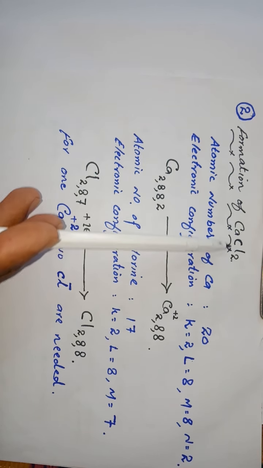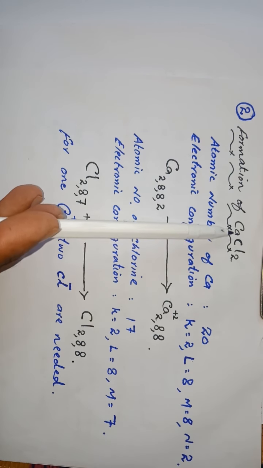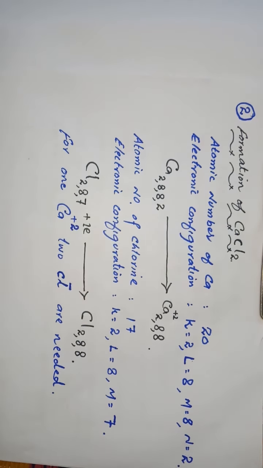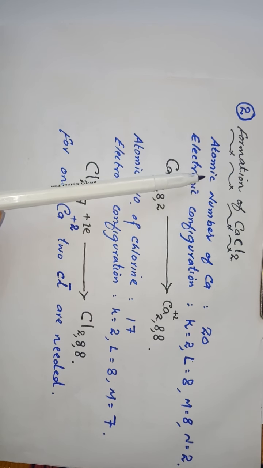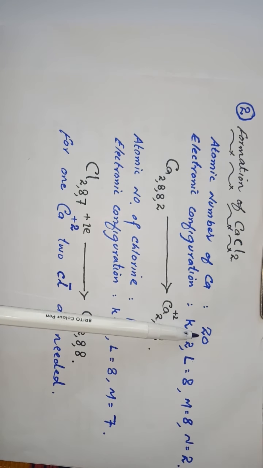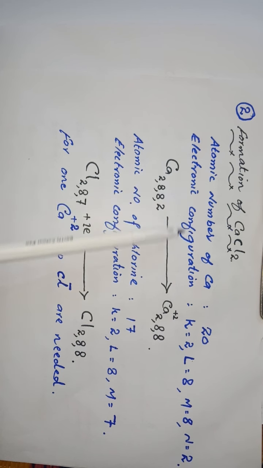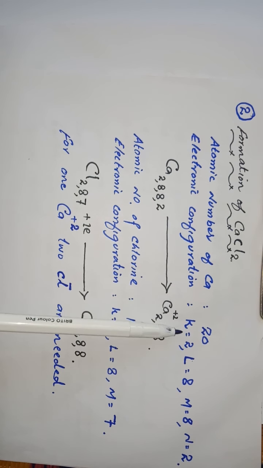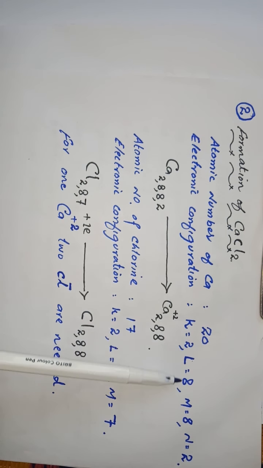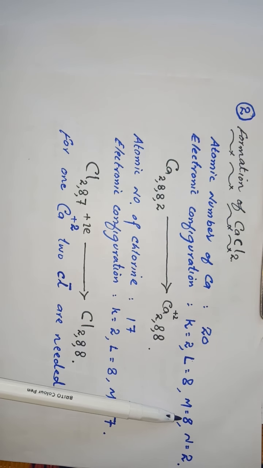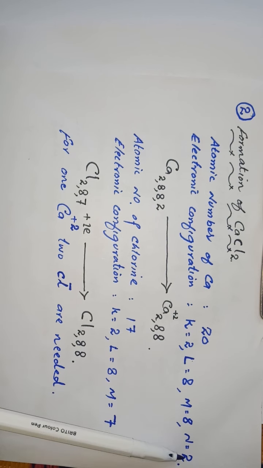In calcium chloride, there is also an ionic bond between calcium and chlorine. If you look at the formula, each calcium is bonded with 2 chloride ions. Now starting from the atomic number of calcium, which is 20, the electronic configuration of calcium is: in the first shell there are 2 electrons, in the second shell there are 8 electrons, in the next third shell there are 8 electrons, while in the final valence shell there are